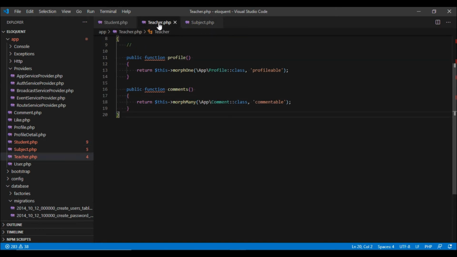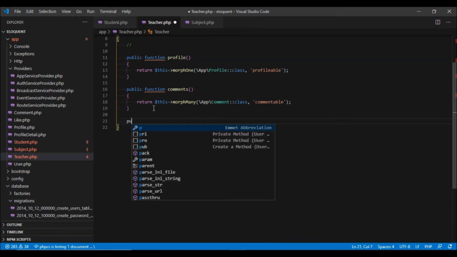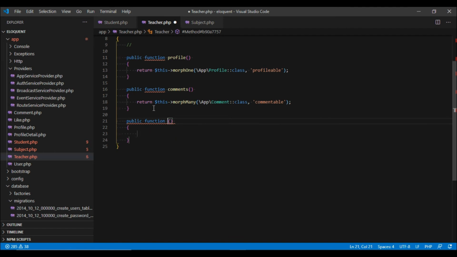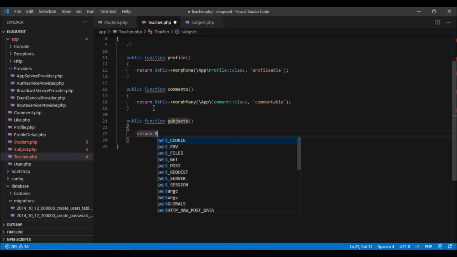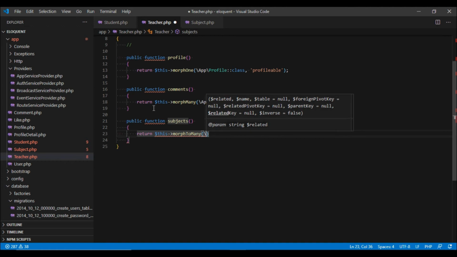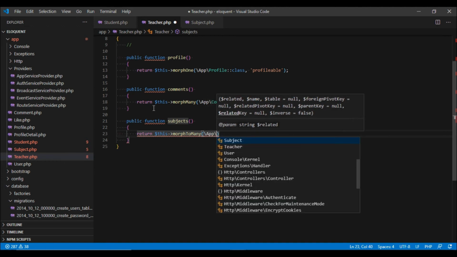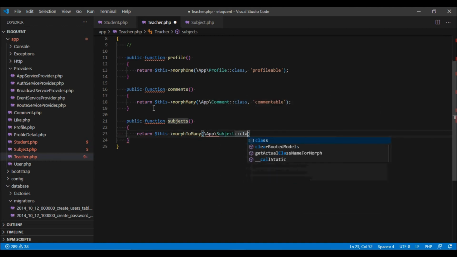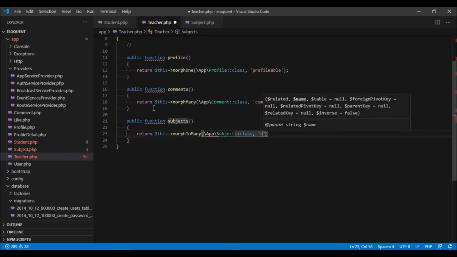We are going to define a similar relationship in the teacher as well. We are going to call it subjects, and this would again return morphToMany. And the second parameter would be courseable.